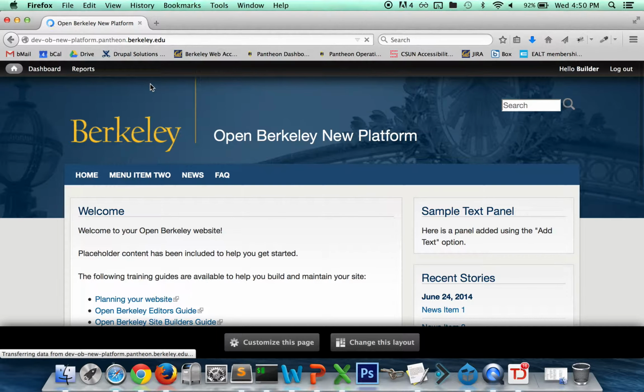Another new feature is that you can now crop photos after uploading them. Instead of cropping a photo before uploading using photo editing software, you can now crop a photo right after uploading to your Open Berkeley site. After uploading a photo to your site, you will now see a new option to crop the photo directly within the media uploading interface. If I go to edit a page,